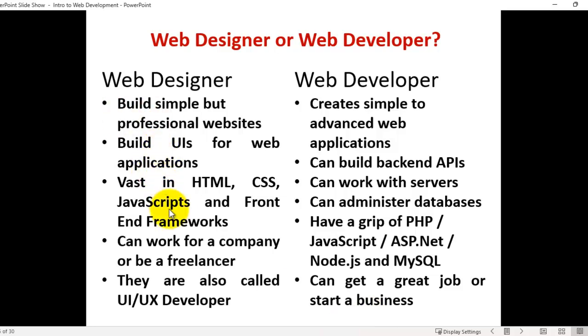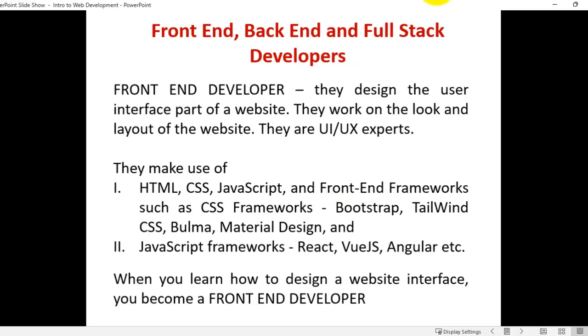Now, people that are web designers focus on HTML, CSS, and JavaScript, and also front-end frameworks like React, Vue or Angular, and nothing more. But if you want to be a developer, you are going to learn a programming language, any of these. You are going to work with servers, and you'll be working with databases. These three are very important: server, database, programming language. At the end of the day, we will all be good. Either you want to stop at being a designer, or you want to go ahead and be a developer. But there are other ways you can be designated in this skill. Now that will take us to